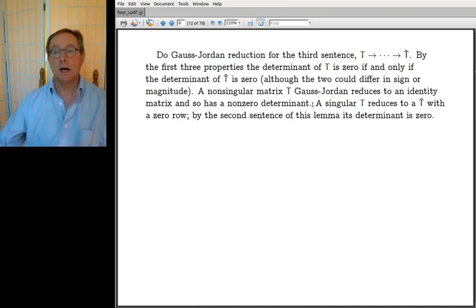And then finally, we looked at the non-singular case. Non-singular gives non-zero determinant. If you have a singular T, then it reduces to a T hat that has a 0 row, and by the second sentence, T hat's determinant is 0. And since Gauss's method doesn't change the zeroness of the determinant, the determinant of T must have been 0 also. So one thing that you're seeing here, there's another part we have to do, but one thing that you're